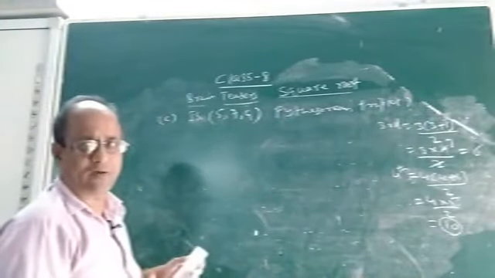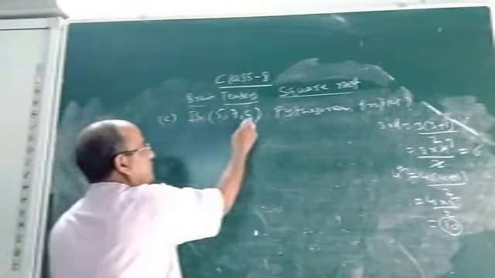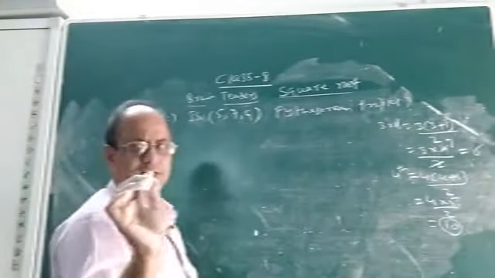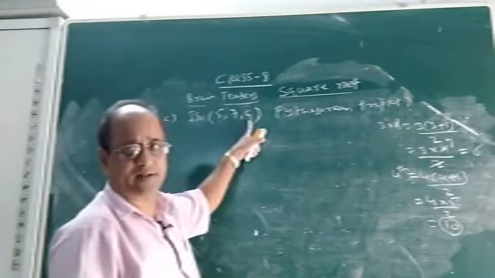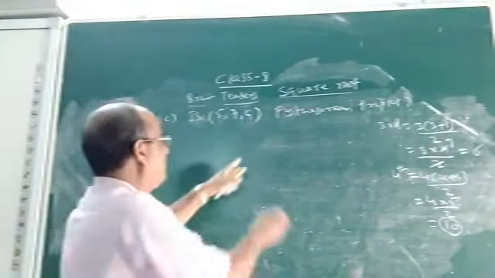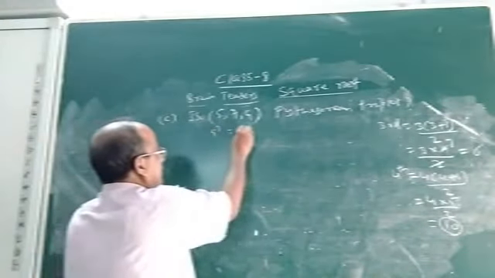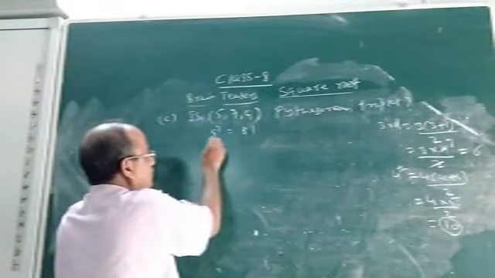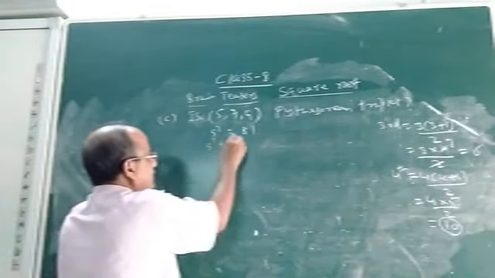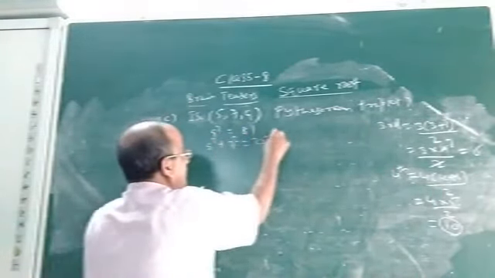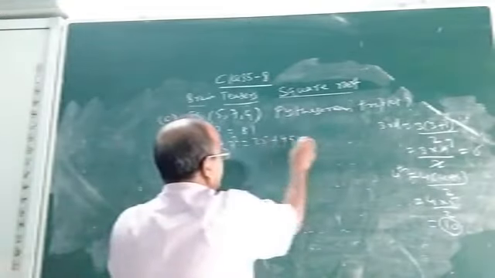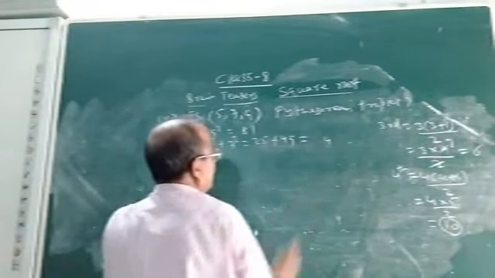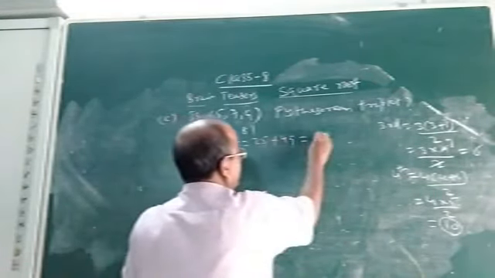We have to justify why or why not. Now you apply the easy method. The easy method is take the square of 9. This is the larger number, greater number. Take the square of 9. It is 81. Take the sum of the squares of the other two numbers. 5 square plus 7 square, it is 25 plus 49, it will be how much? 9, 5, 14, carry 1, 5 to 7, 74.